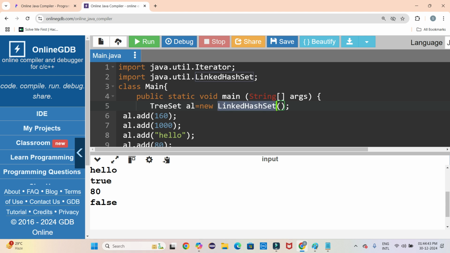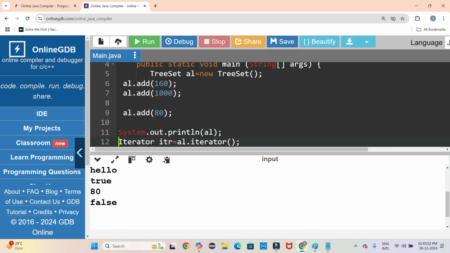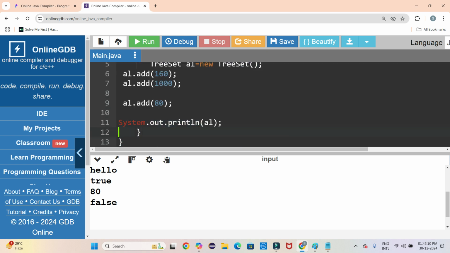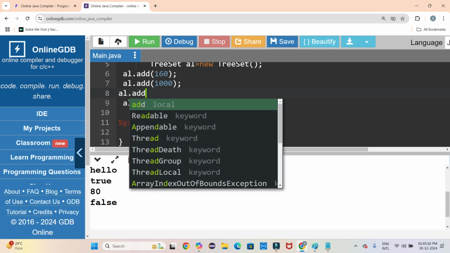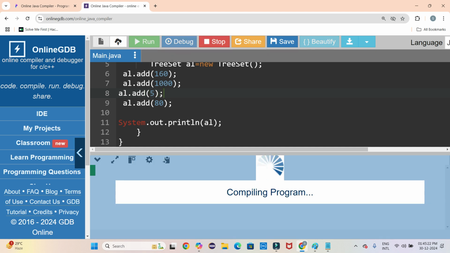Copy it, paste it here, reset, and I'll paste it here. No need of all these things. Now, and I'll say 5. Now if I run it,